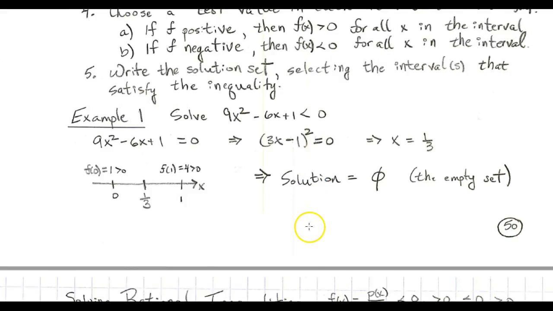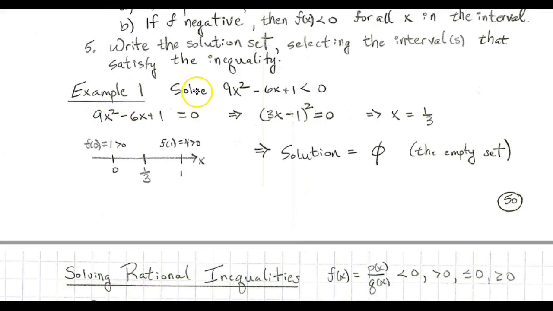So for example, say we want to solve 9x squared minus 6x plus 1 is less than 0. The first thing we do is set it equal to 0 to find our boundary points. Now we won't include these in our solution because we're solving strictly less than 0. So then I ask myself, well, that's a quadratic equation. Can I factor it? If you play with that a little bit, you should be able to see that you can factor that into 3x minus 1 times 3x minus 1, or 3x minus 1 quantity squared equals 0,